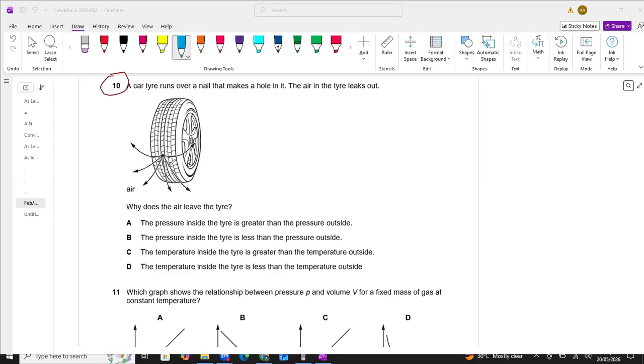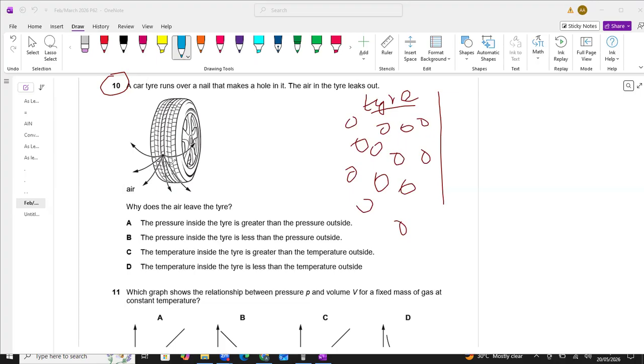Look, son, if the air is leaving, it means that the air is moving from the inner part to the outer part, from the inside of the tire to the outside. It is only possible, like for example in the diffusion process, that the molecules which are at higher concentration will always move to the lower concentration. Similarly, students, inside the tire, air particles are moving in random directions, all right, and their pressure is higher. All right, their pressure is greater, and outside the tire there is atmospheric pressure.